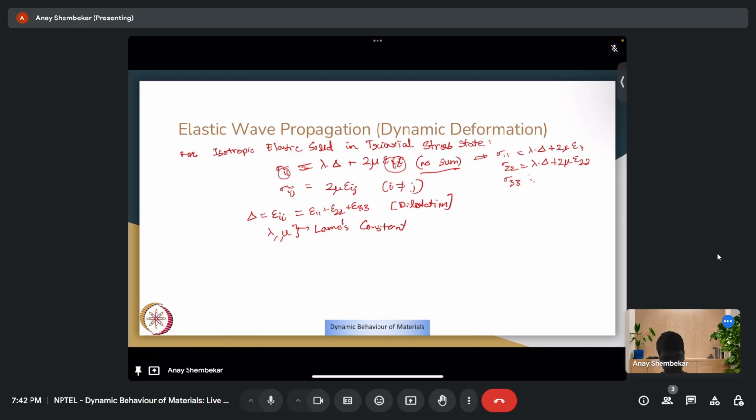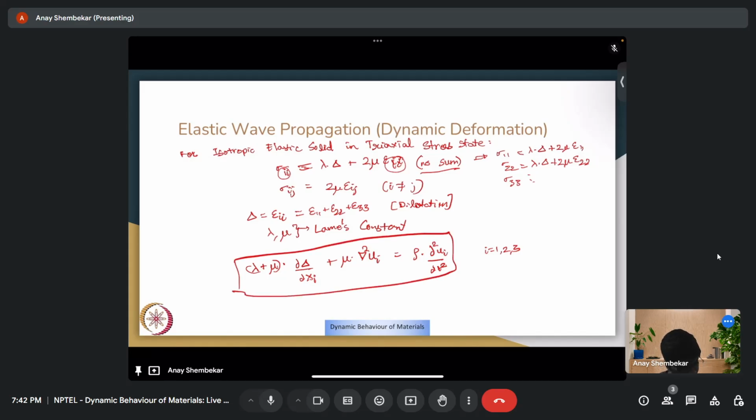If we substitute this into our earlier equation, we end up with an equation of motion which looks like, in indicial form again, lambda plus mu dou delta by dou xi plus mu times grad square ui is equal to rho times dou square ui by dou t square, i going from 1 to 3. So this is the basic equation for a linear elastic solid with isotropy and homogeneity, and this is what is used to develop the equation of elastic wave propagation in a continuum medium, which is infinite,